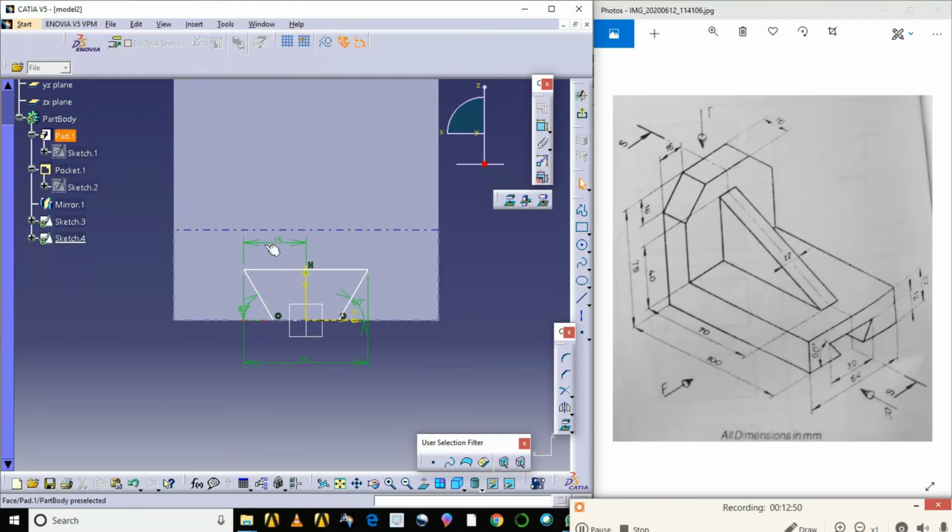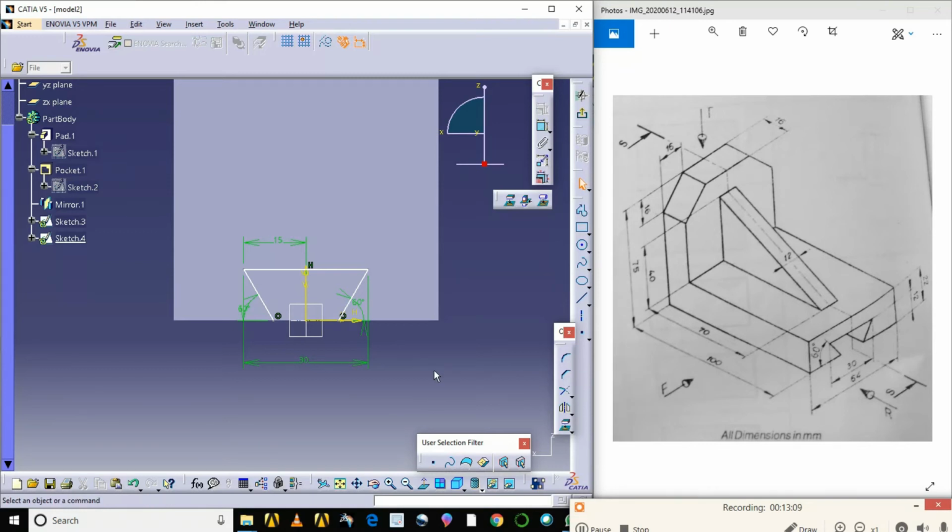I gave 15 here from the middle. So why is it showing a pink color, over constraint? Because already I have given the dimension here 15. From here to here it is 15. Then from here to here it has to be 15. So because of that it is turning into a pink color.